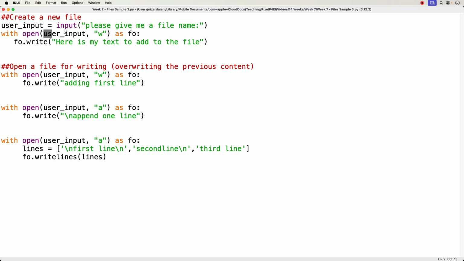I'm going to give the file name, which I don't know what it is, but it's going to be the value of whatever the user typed in. And I'm going to call it with the W access mode, and then I'm going to write, here is the text to add to the file. Okay, now once I've created the file and added text to it, then I'm going to come down here